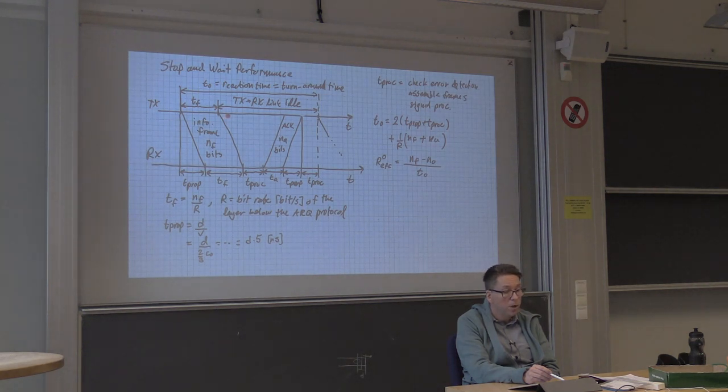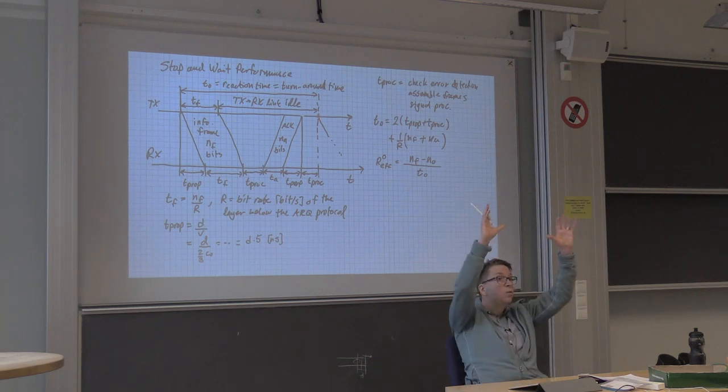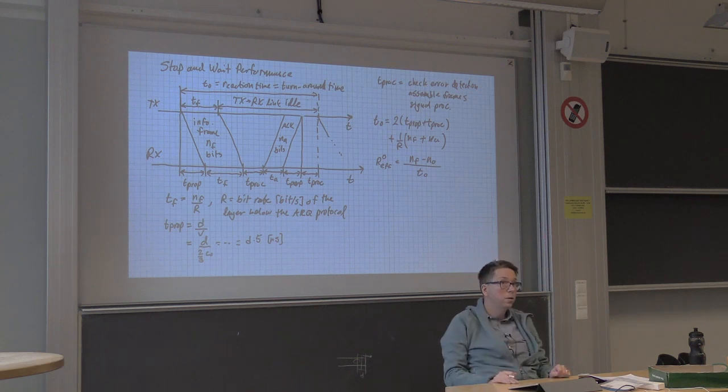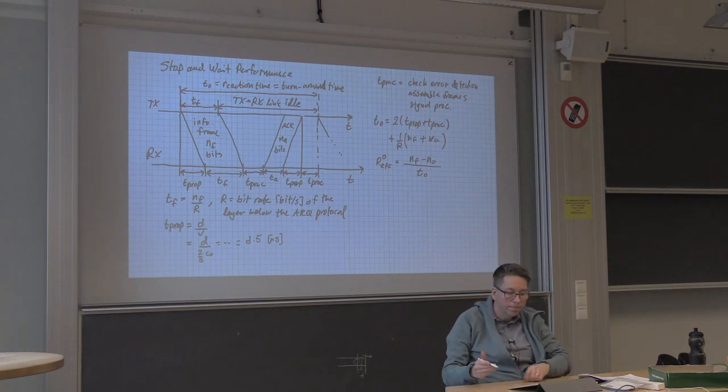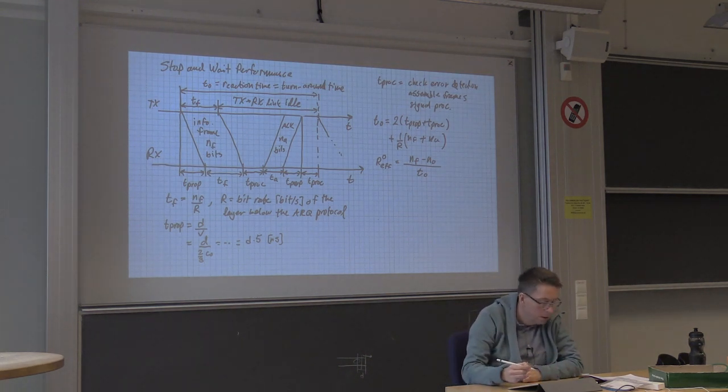That's right, but we cannot transmit the next frame until we have reached this point in time. So it's not only the time it takes to transmit the frame per se that's important, it's the time from when the first bit of a frame is transmitted until the time when we can transmit the next frame. Because then we accept new bits from above at the transmitter. Clear?